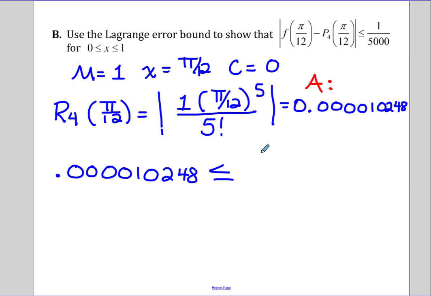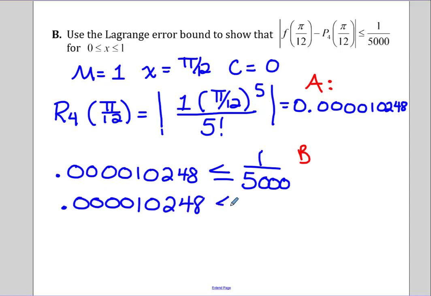That's got to be less than or equal to 1 over 5,000. And I'm going to call this one value B. So this value in my calculator, 0.000010248, has to be less than or equal to 1, 2, 3, and a 2. So yes, that's true. 1, 2, 3, and a 2 starts here. So therefore we could say value A is less than value B